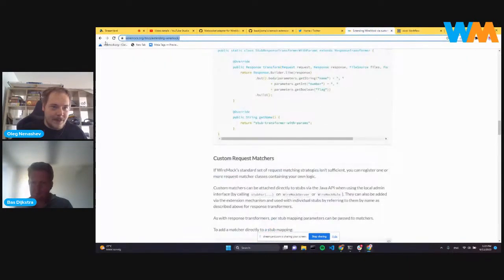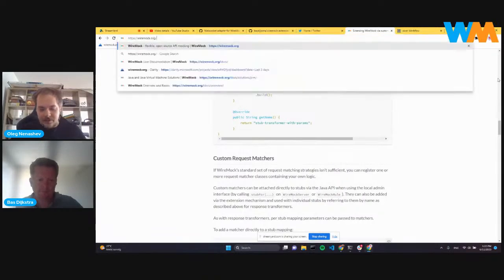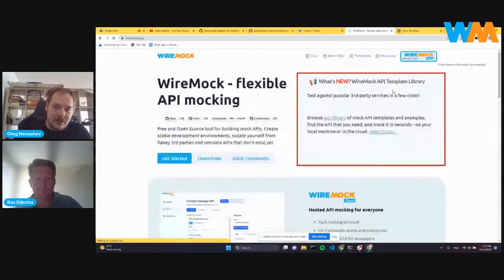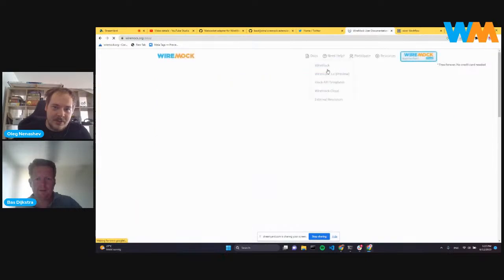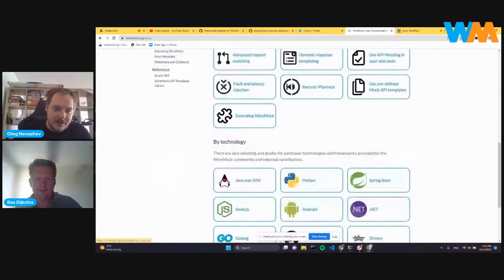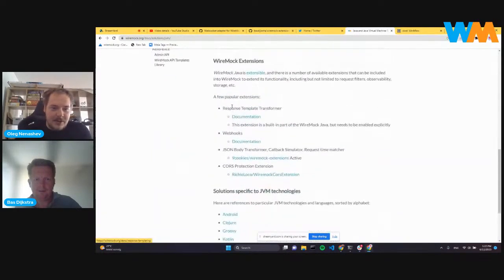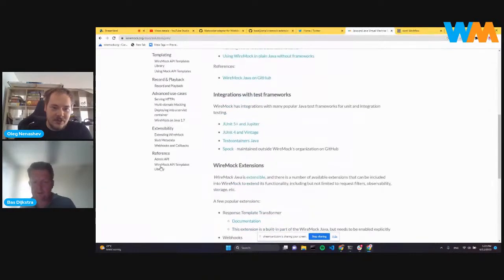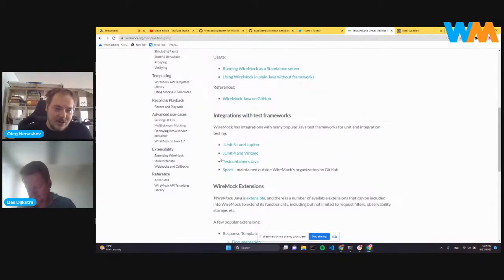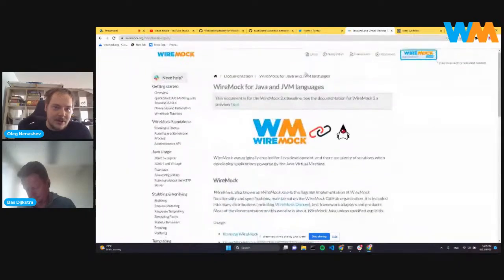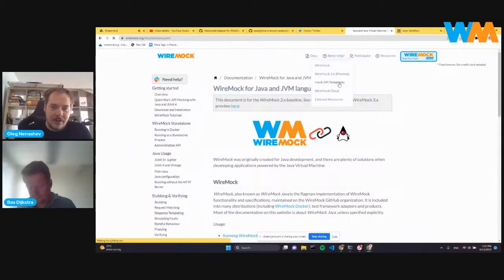So here, if you go to the documentation, I started putting the list of known extensions in the new solution pages we introduced. For example, we have an entry for Java, which includes the listing of the current extensions that are stable and being used. Later I will move them to a separate documentation page. Whether you can call it a marketplace, no, but there will be a fancy page listing WireMock extensions.